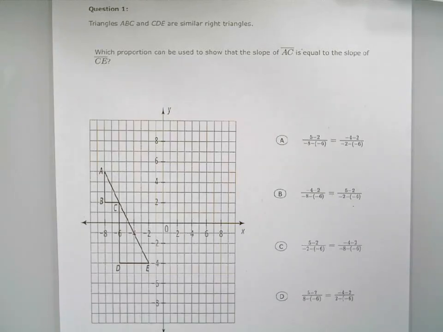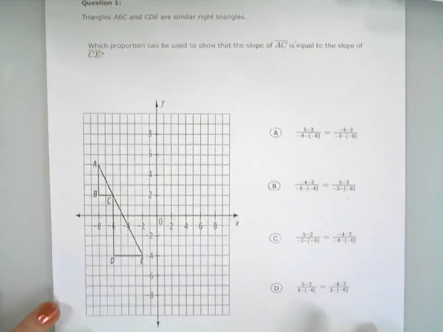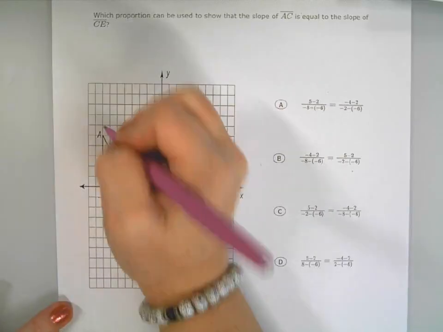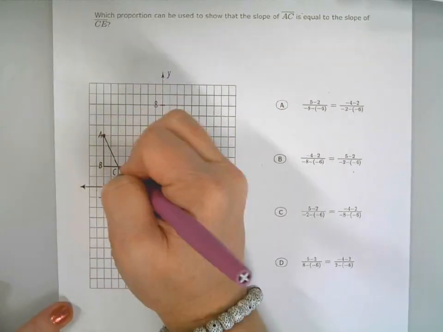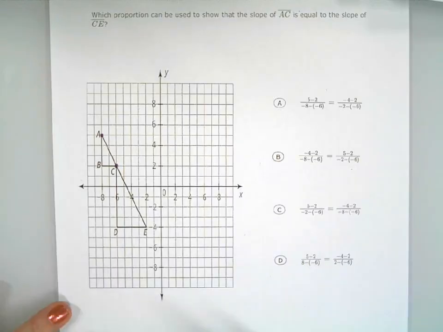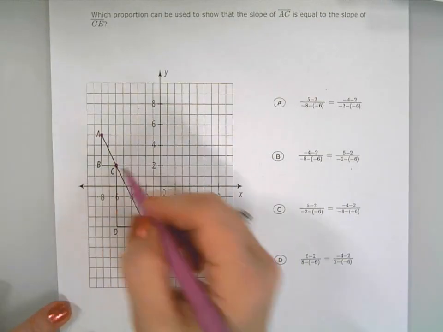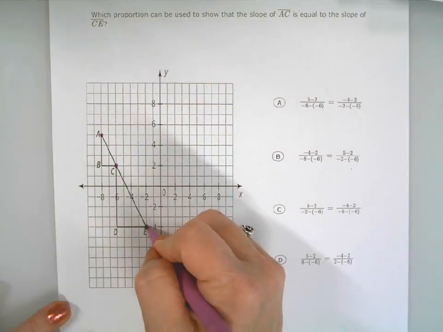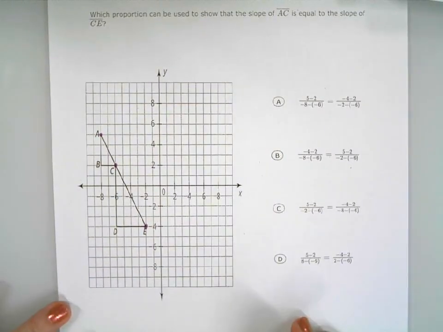Question 1 says triangles ABC and CDE are similar right triangles. Which proportion can be used to show that the slope of line AC is equal to the slope of line CE? So when you're looking at your grid, you have point A, point C. We're going to look at those in just a second to see what their coordinates are. And then we're going to compare point C again, but this time with point E, to put them into the